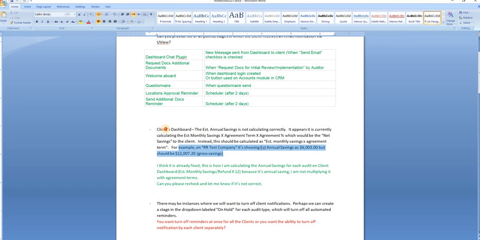About this one, the annual saving, I think I have already made it correct. I'm not multiplying it with the terms. Because it is annual, I am multiplying it with 12.